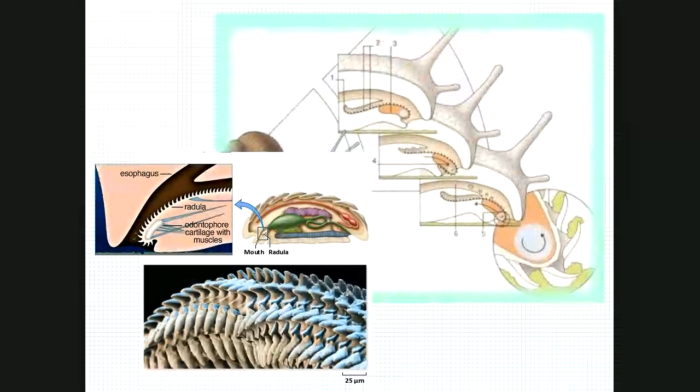In the bottom left is the electron microscope picture. The radula is made of these hard teeth that are scraping teeth. The picture in the upper right might be a little easier to look at. So the snail's head is to the right. The algae is the green stuff. And notice that the radula with these little teeth is not really moving around like an escalator belt would move, but it's the action of the muscles, all these cartilage muscles in there, pulling on it.